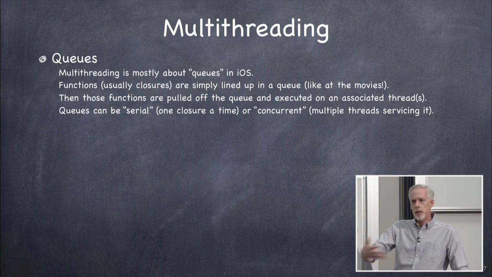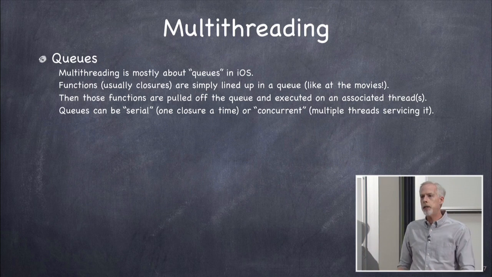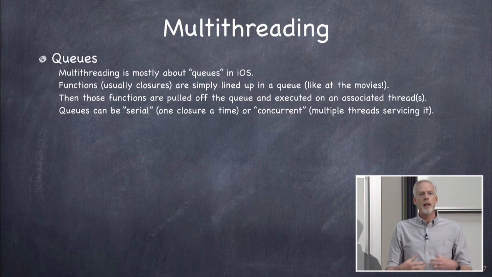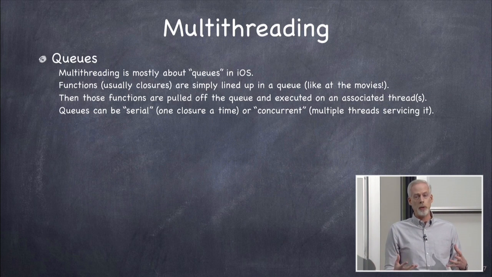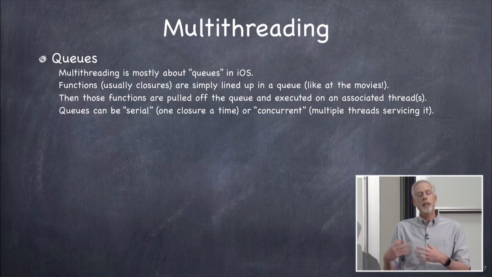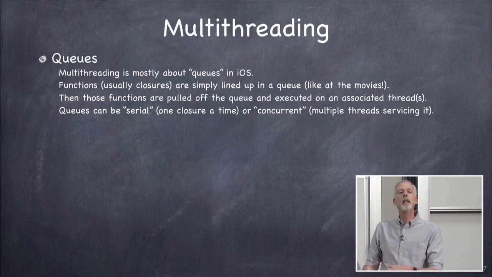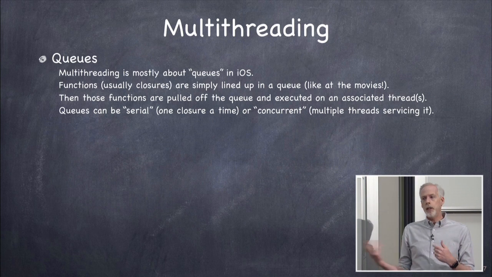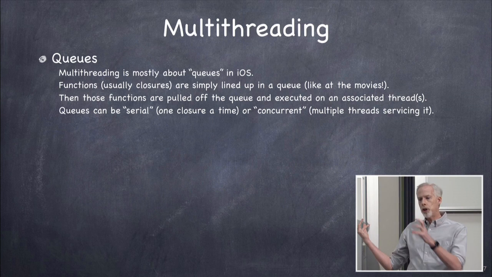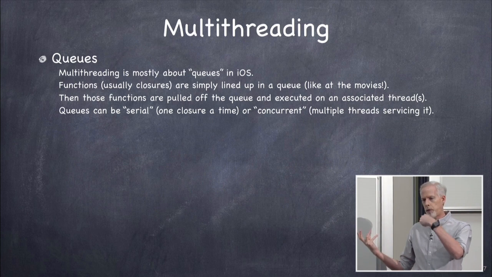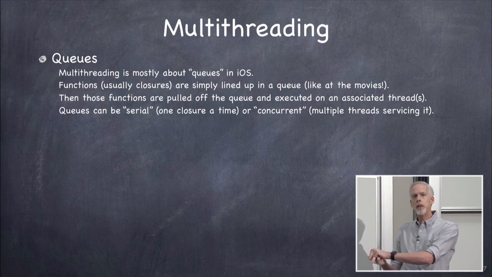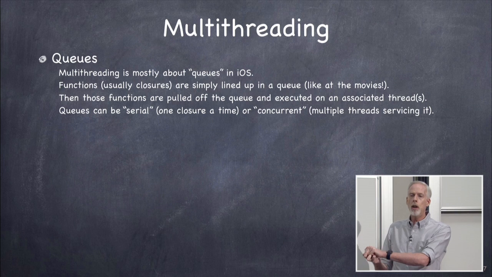So that's all a queue is, it's a line. And what are we going to put in this line? Instead of people waiting for the movie, we're going to put blocks of code. And we know a great way to make a block of code that we can put in a line, which is a closure. So we're almost always doing this with closures. We're putting these closures, it could be any block of code, but usually into a queue. And so what's happening then is the system is creating threads as necessary to grab those blocks off that queue, off the front of the line, whoever's in the front of the queue, and executing on a thread. That's how multitasking or multi-threading really works in iOS.